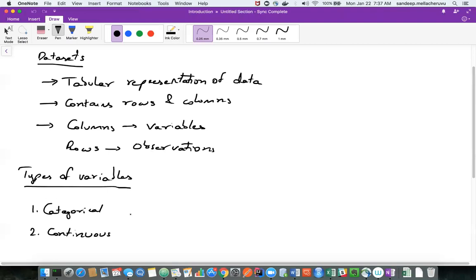So to identify categorical or continuous, the best way is: on categorical, arithmetic operations cannot be performed.